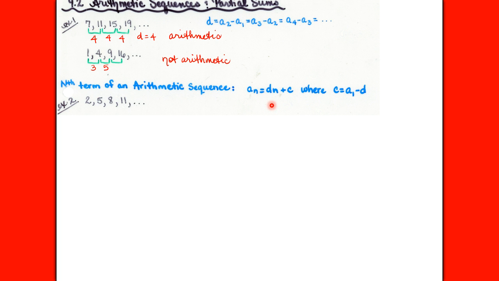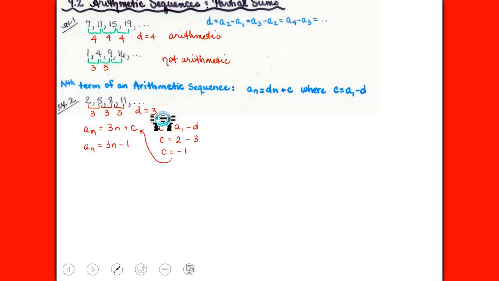a sub n is equal to dn plus c. So I would start the same way where I go through and say term 2 minus term 1, term 3 minus term 2, get my constant difference. And my formula will be a sub n is equal to that difference, 3, n plus c. Then all I need to do is find c. And c is going to be my first term minus my difference. So my first term was 2, and my difference was 3. So that c value would be negative